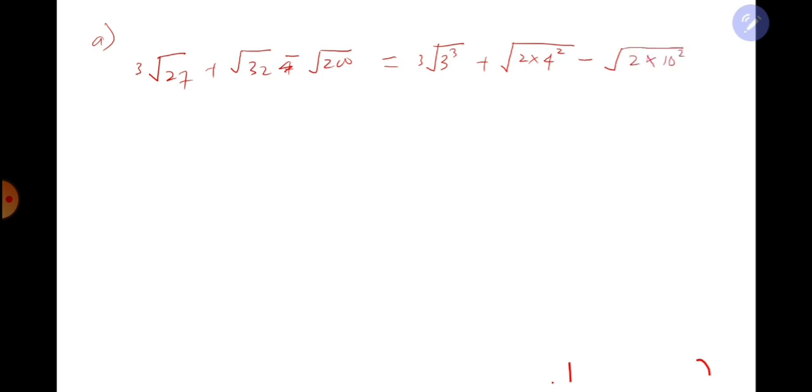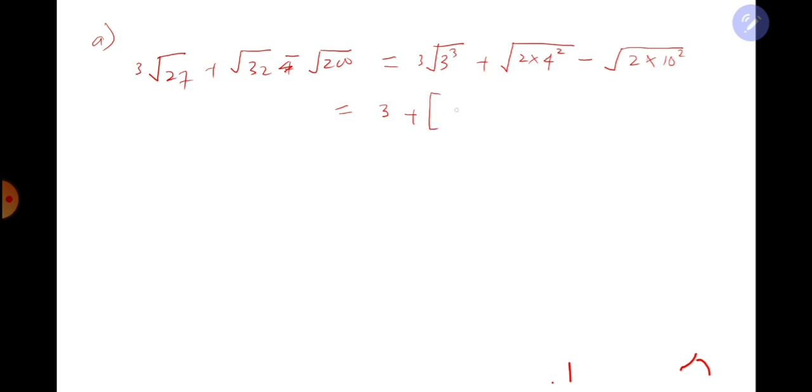root 3 of 27 plus square root of 32 minus square root of 200. Okay, so this one you can simplify as root 3 of 27 is 3 power 3, okay, plus square root of 32. 32 can be written as 2 times 4 power 2, okay, and then minus 200 is 2 times 10 power 2, okay. Alright, so root 3 of 3 power 3 will be equal to 3 plus